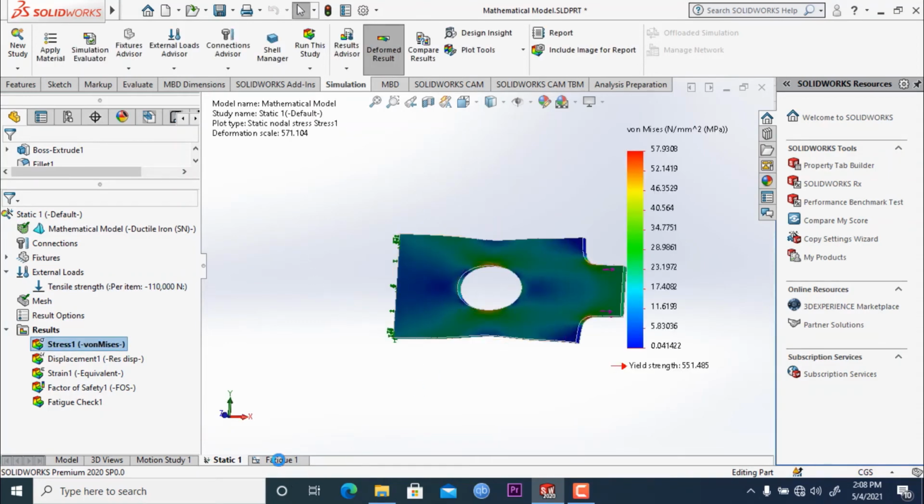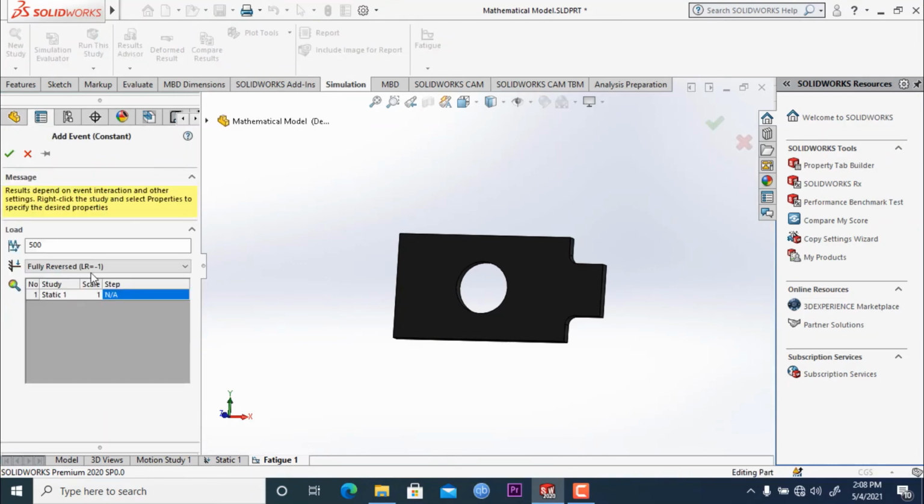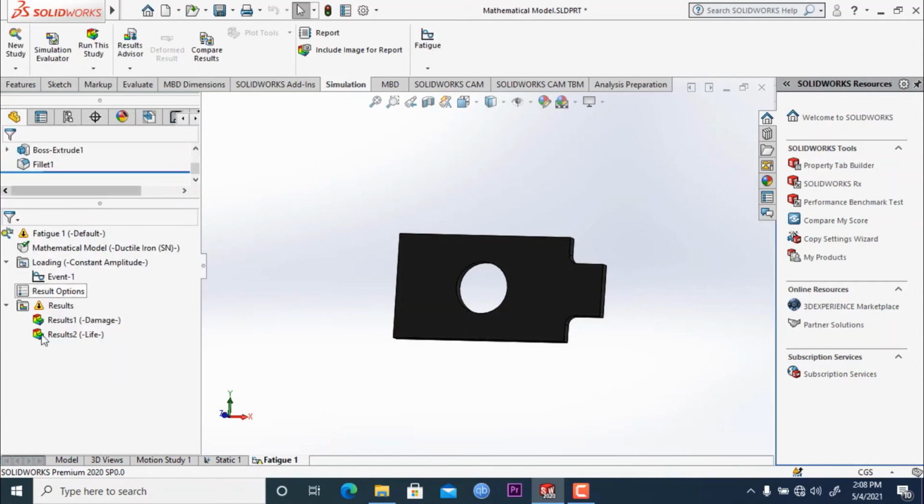Again, let's go to fatigue 1, edit the definition and edit the number of cycles. We want to make it 1000, click OK, and run this study again.